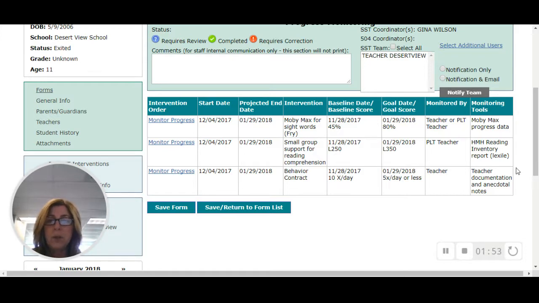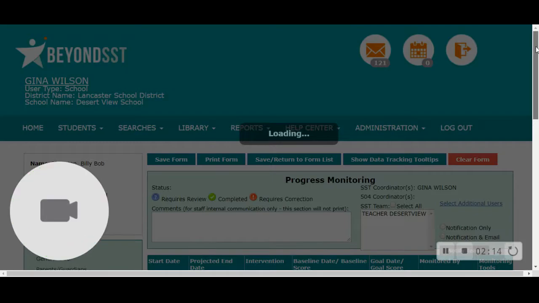Now, when you do your initial intervention plan, and then you go back for meeting 2 or meeting 3 and you create new interventions, this will change. So this will reflect your current interventions, okay? I want to show you how to enter data. I would just click on the intervention